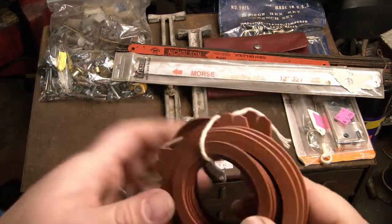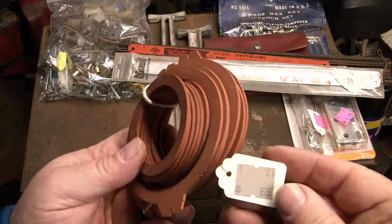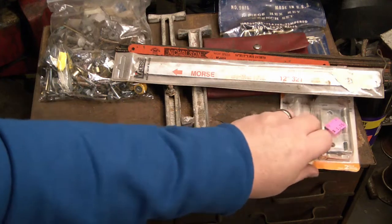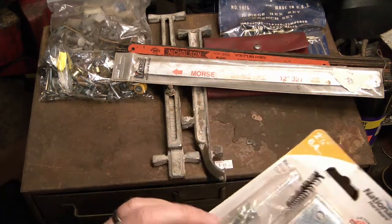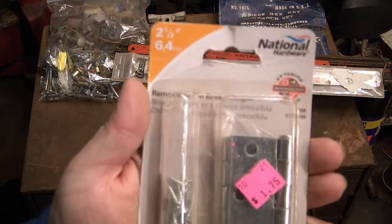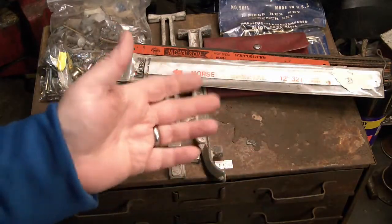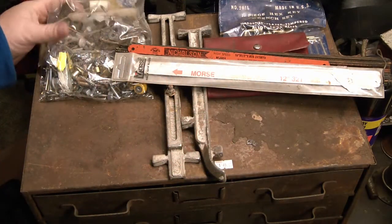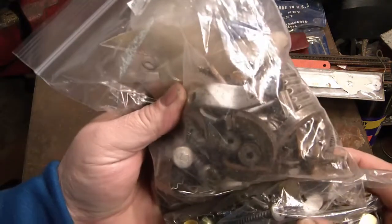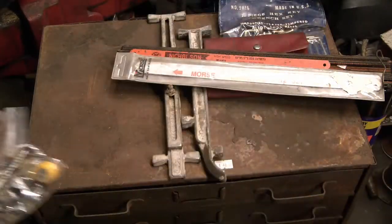Picked up a whole pile of these gaskets. I think they're sink gaskets or something. 65 cents. How could you go wrong? I got a little brush for cleaning. It was $1. Some hinges, new in box, $1.75. Just stores. Right, Reggie? Speaking of random bags of hardware to go through,